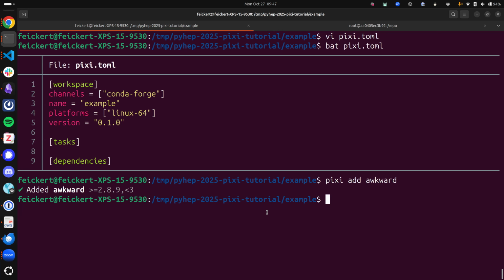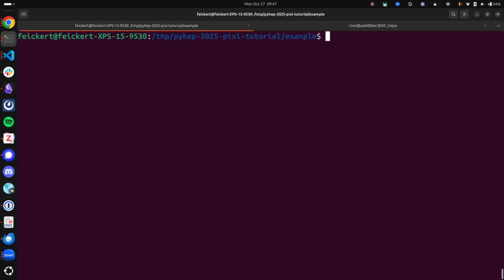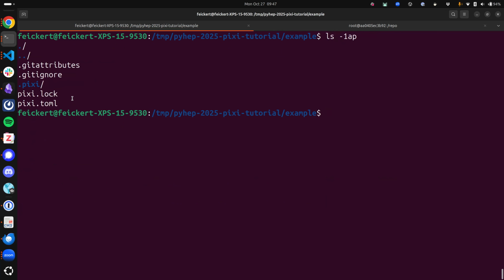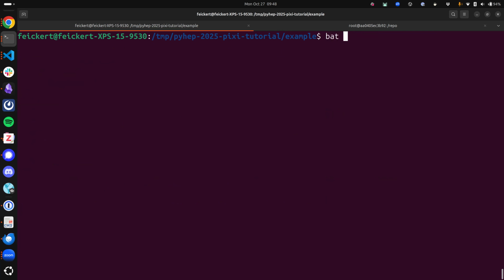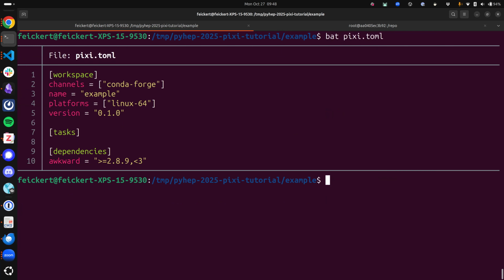So if we now try and check out what that actually means, if we list the contents of our repository, we see we have some new files. We see that we have a .pixi directory, and we also have a file called pixi.lock. Additionally, if we now look at the contents of our pixi.toml file, we now see that it's been updated to show us that there's a dependency called